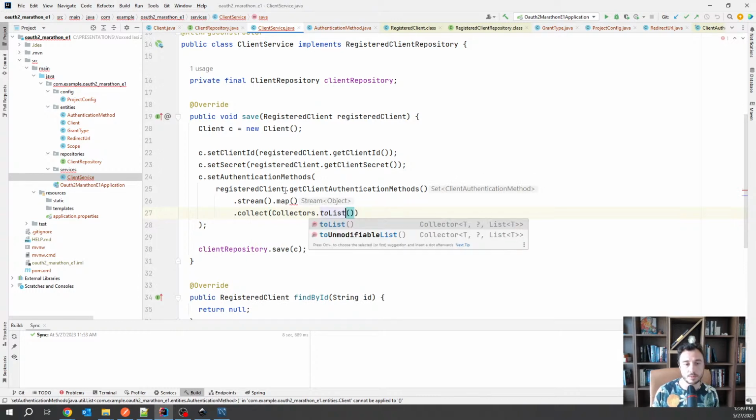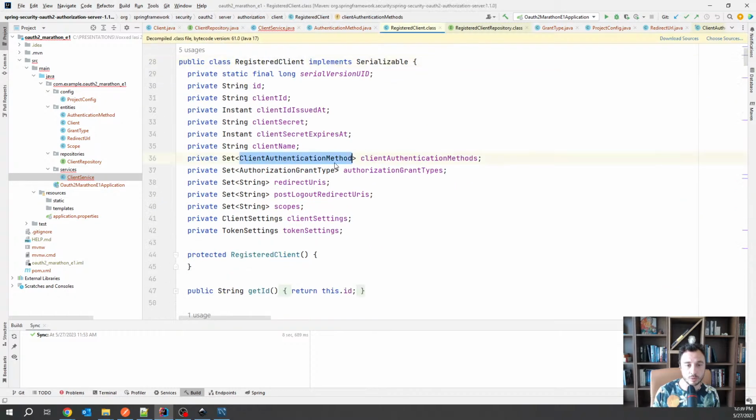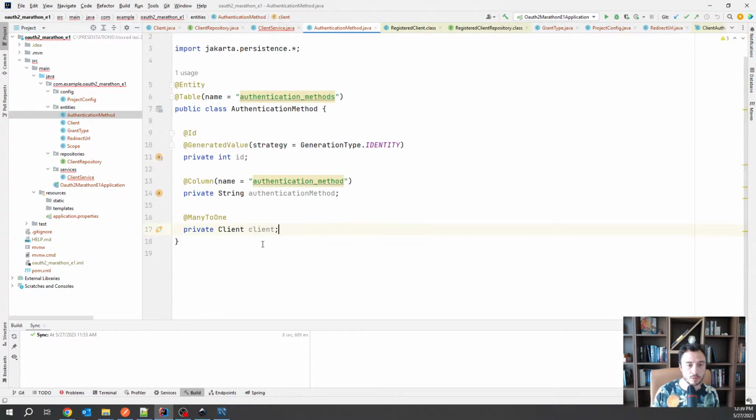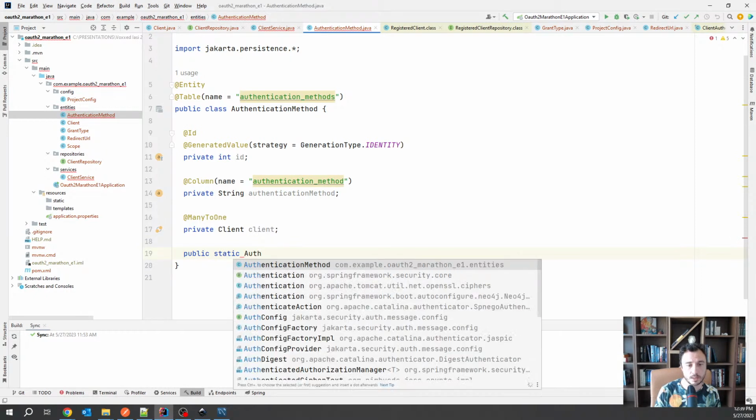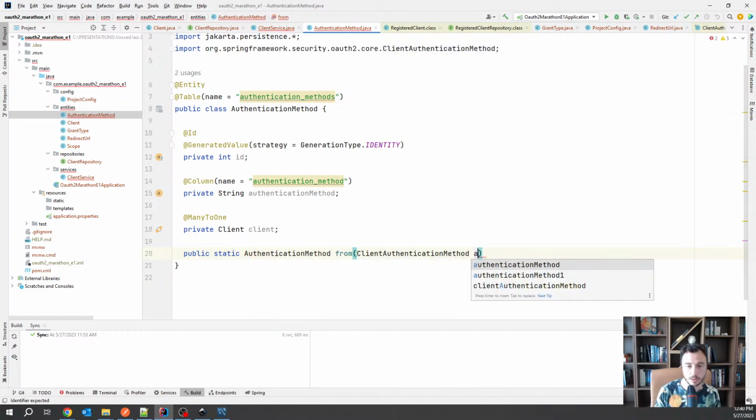But the map should be a map that changes from the registered client's client authentication method to my authentication method. So what I would do actually, I would go here to the authentication method, and we can create something like public static authentication method from client authentication method,